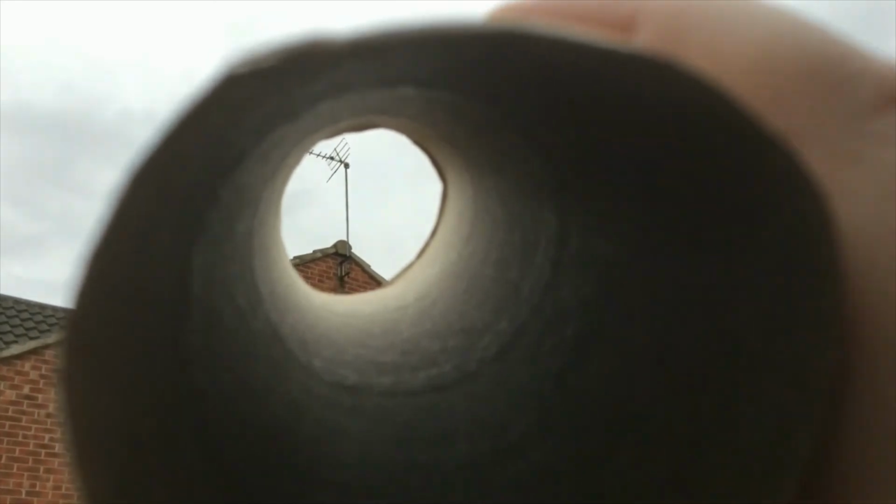And then when your child has made their telescope, they can have a look through their scope around the house and outside in the garden maybe to see what they can see. Have fun! A brick wall, a wooden fence, green grass, tree branches, TV aerial, a chimney, a window,